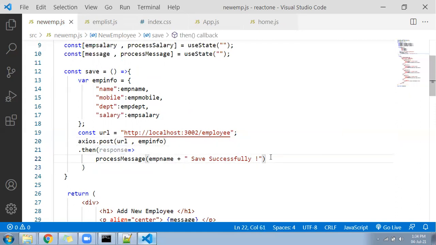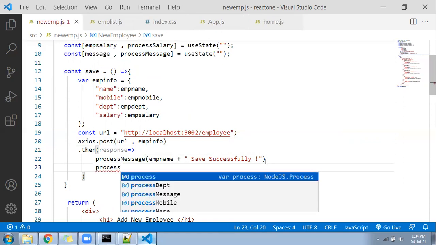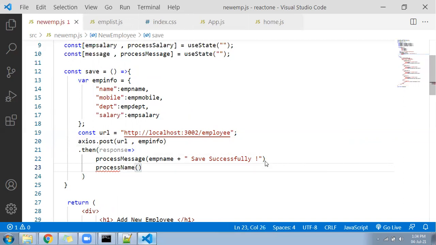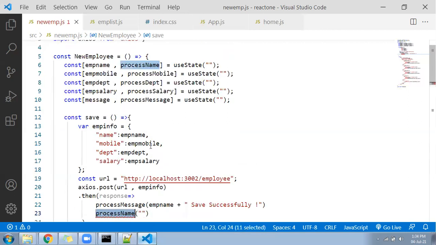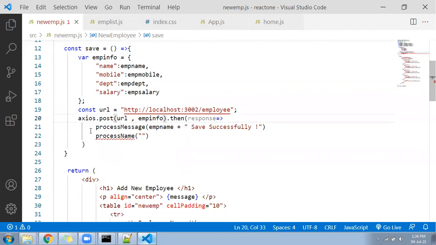Okay, let's see here, process, this one we call, let me call one more, process, which one, mobile, or maybe process name, empty, axios dot post, then the response has come, response. After that, this response is here.